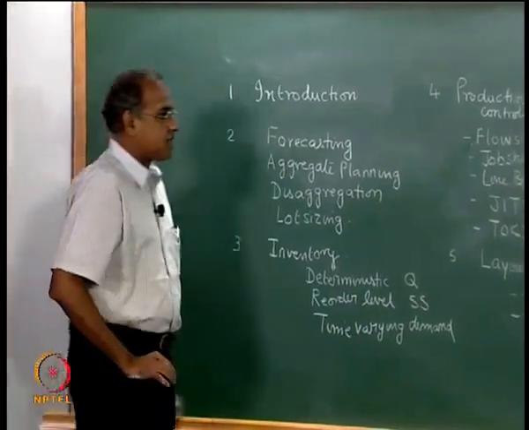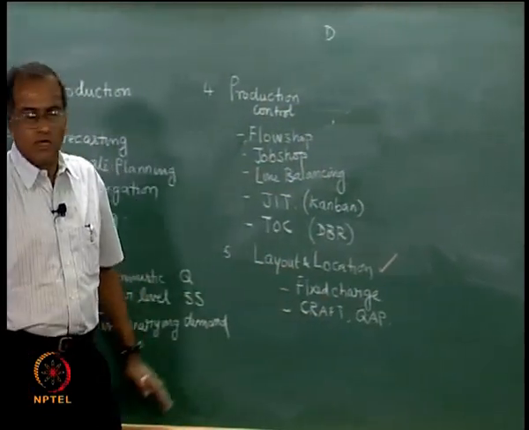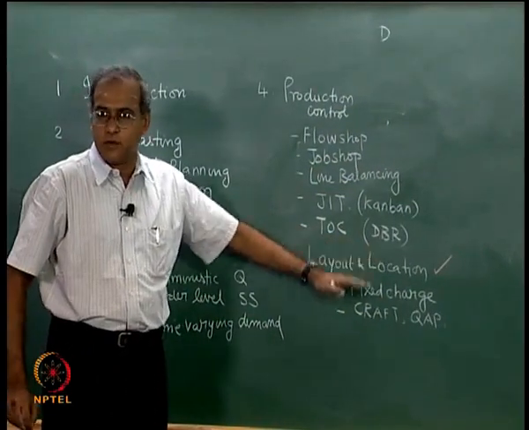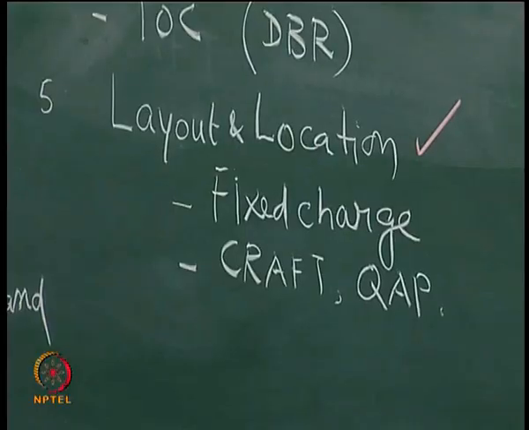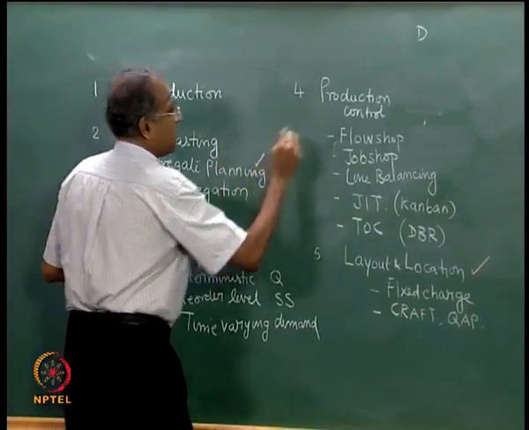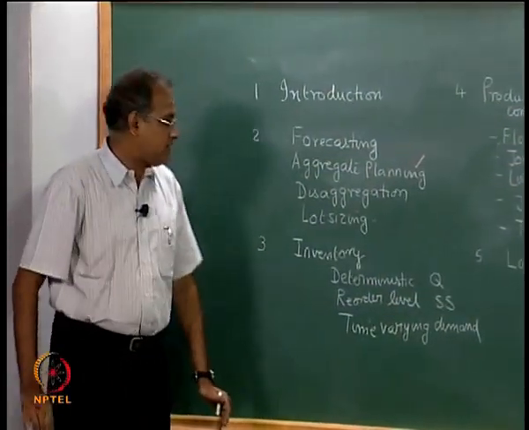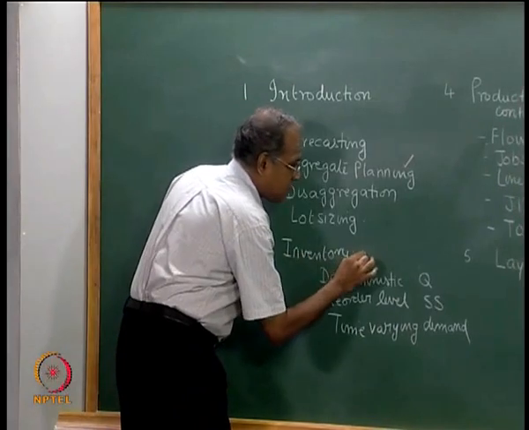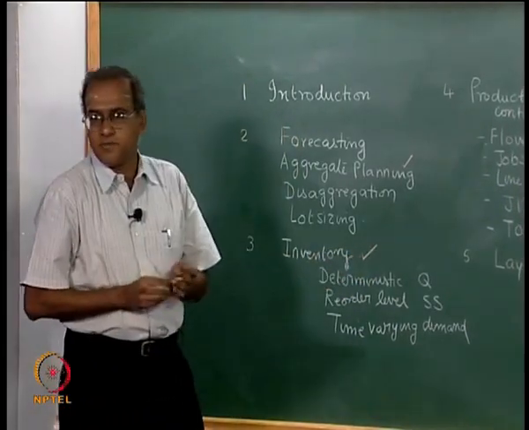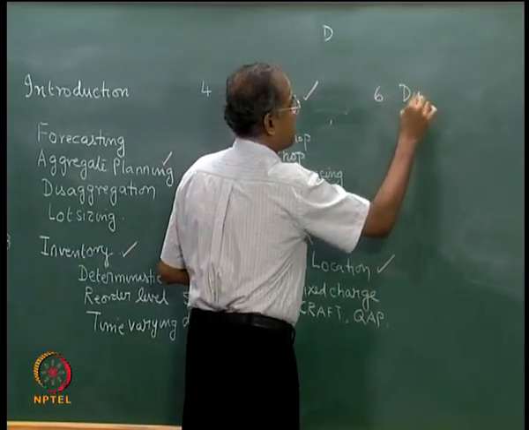So, from a context of supply chain, we have seen location decisions here, where we spoke about different aspects of location and layout. We have seen production decisions, production planning decisions, as well as production control decisions, and we have seen aspects of inventory. So, we have seen inventory decisions, and what we need to see are distribution decisions